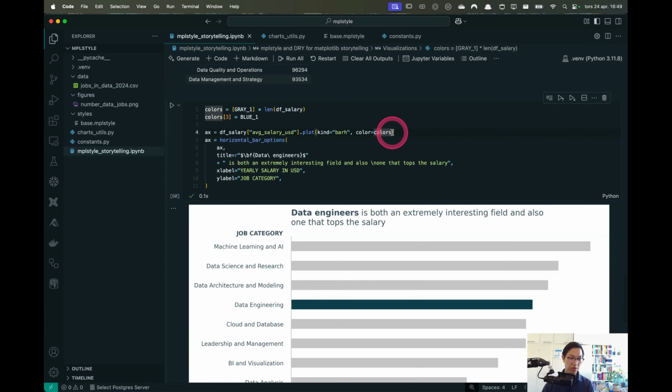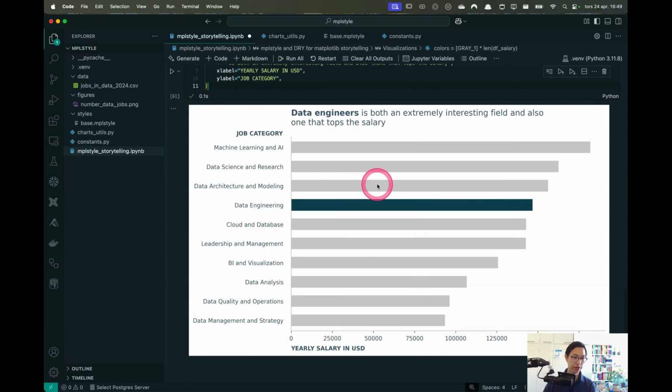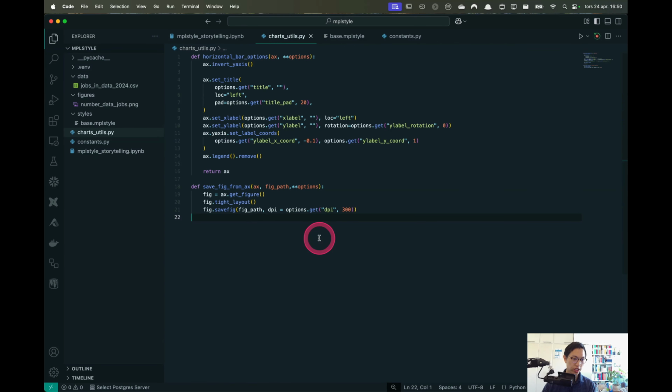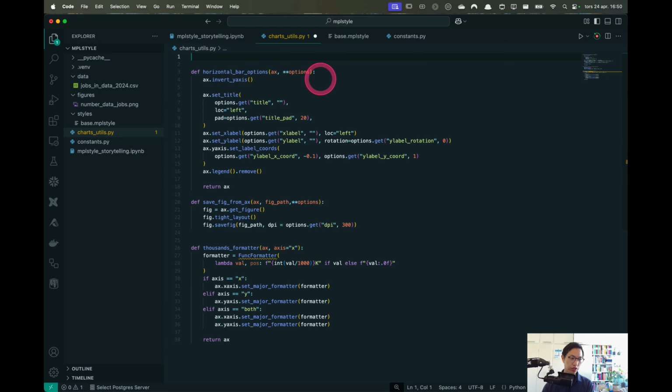And let's see, what can we do more? I could do width equals 0.6 to make it a little bit thicker. I could do, basically this. And then I could say figure. Actually, we could do thousands formatter as well. I'll copy this code for you and I'll explain it. So it's quite simple. You have seen thousands formatter in my previous videos. So it's basically the same code, but I need to import it from